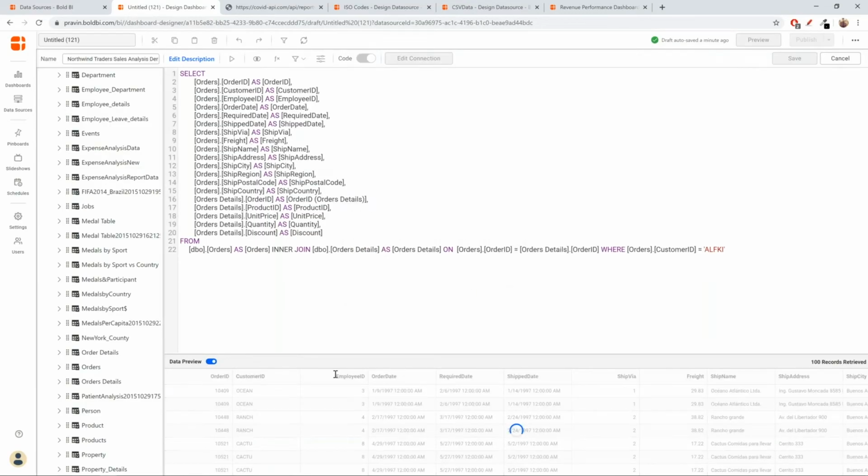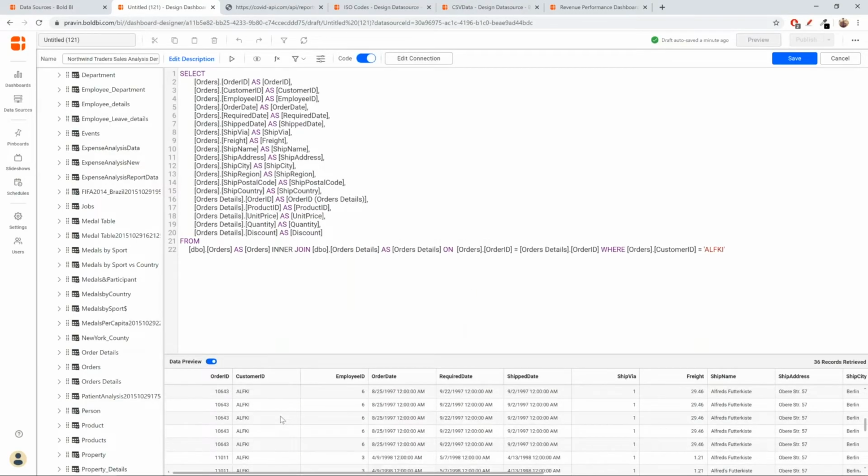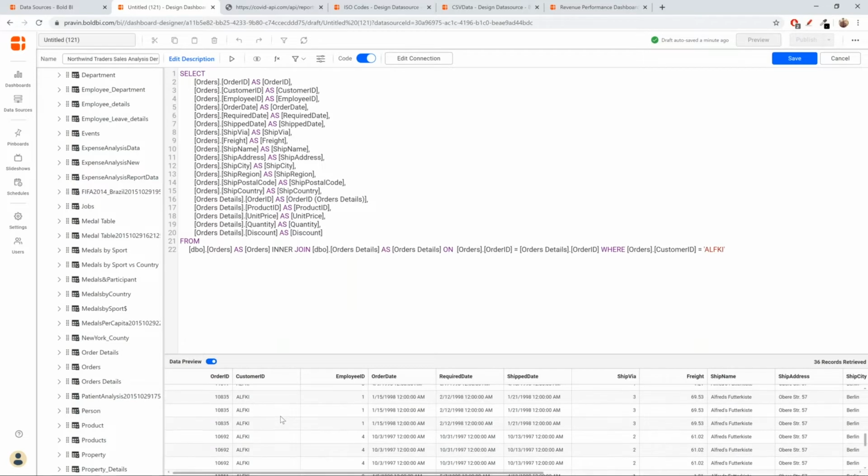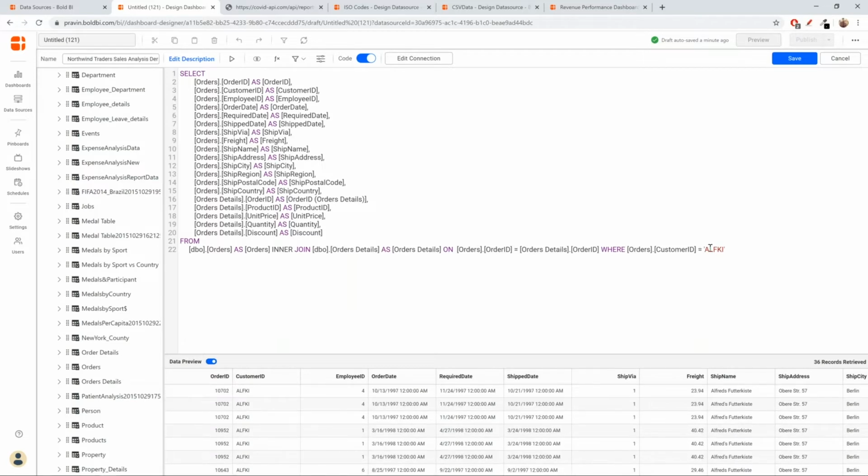the data, as you can see in the data preview here. Again, this is a static value. Now, instead of having this static value, I can replace it with a parameter. I'll just remove this string here and type in an @ symbol. When I type in the @ symbol, it will list out all the parameters that you have in the data source. But since we have only one parameter right now, it just included the parameter that we recently added.